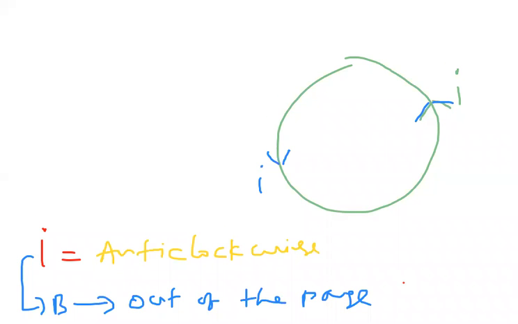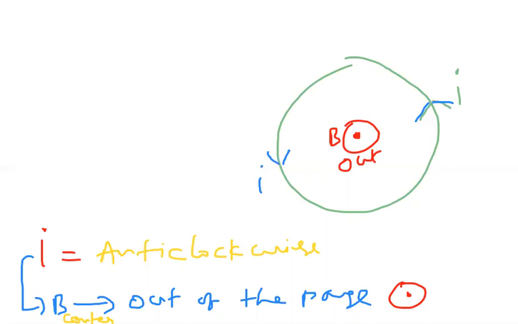This is direct information: whenever the magnetic field is outside, then in a circular current carrying conductor the current is flowing anti-clockwise. Anti-clockwise current at the center, the magnetic field will be outside. So for anti-clockwise current in a circular current carrying coil, the magnetic field is outside the page at the center. This discussion is at the center.